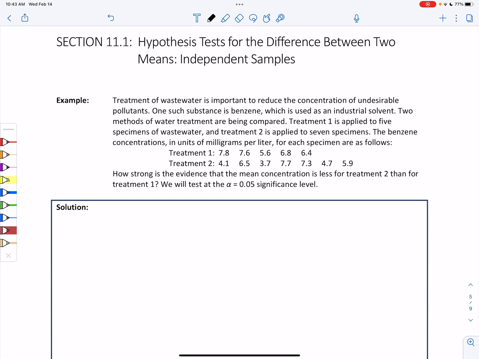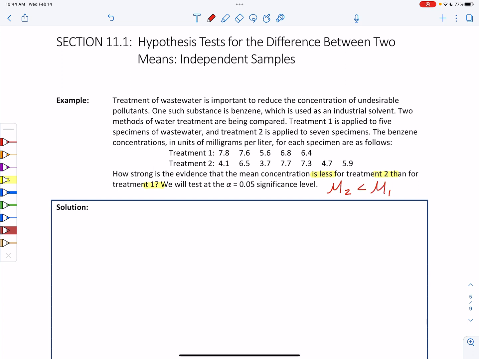and we want to know, do we have strong evidence to show that the mean concentration is less for treatment 2 than treatment 1? So this one is not looking at a specific just difference. This is looking at a definite less than. All right. So what I want to do is think about what this would look like if I wrote it in terms of mu1 and mu2. This says, how strong is the evidence that the mean concentration is less for treatment 2